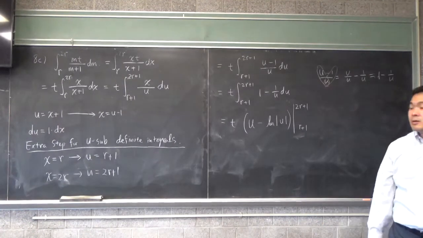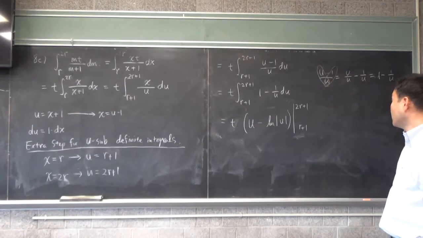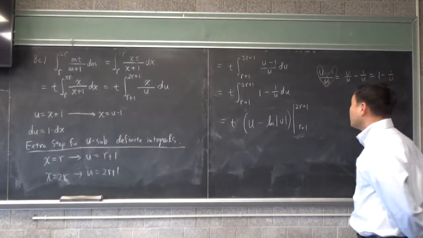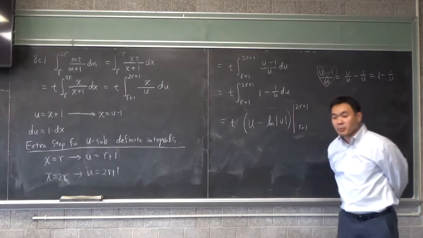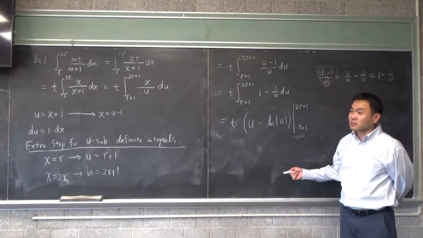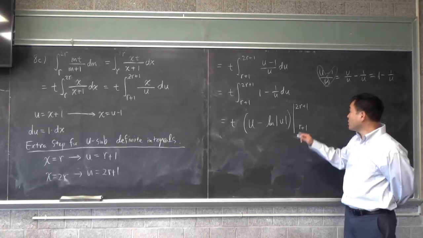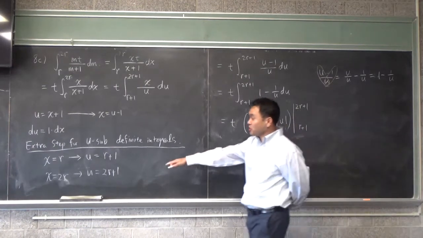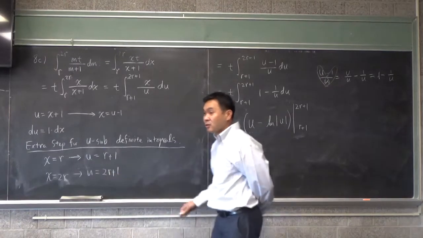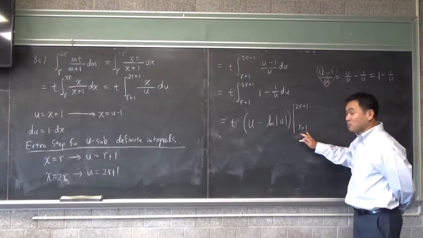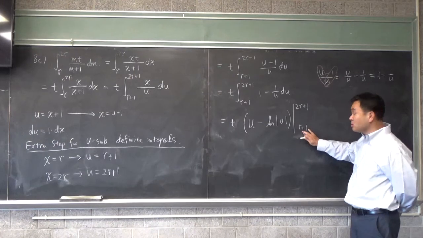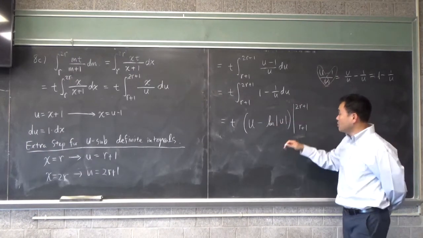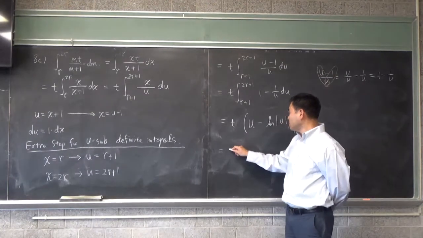But wouldn't we still have t when we plug in? T would still be there. Yeah, the answer should have t at the end. Now, do we go back to x? No, we don't. Because these are already values of u. So we did that hard work over here. So we don't have to go back to x. For definite integrals, once you have the boundaries changed, those values are u values, so those go in directly into this. So what happens is like t times